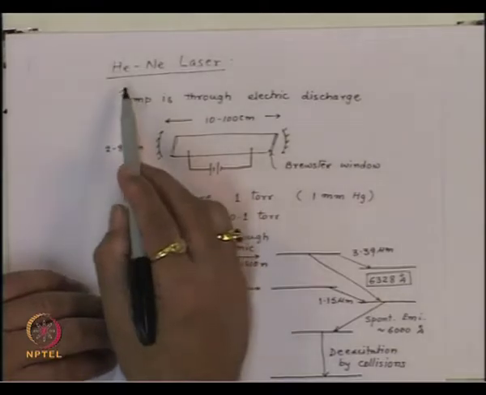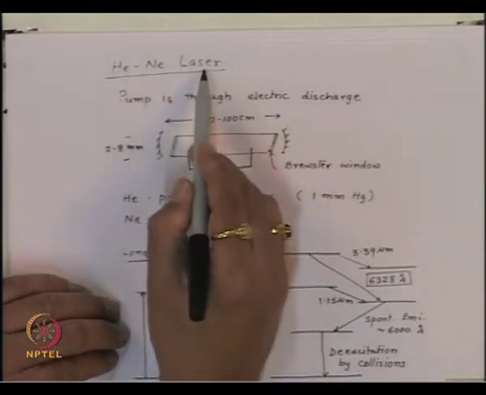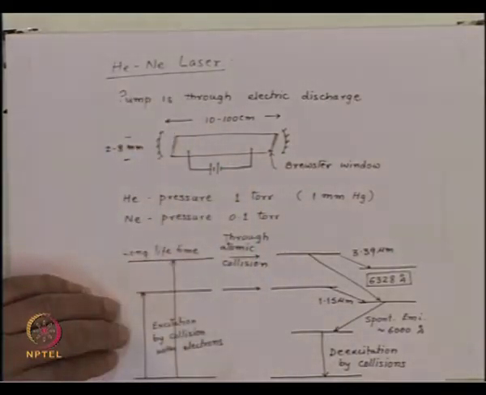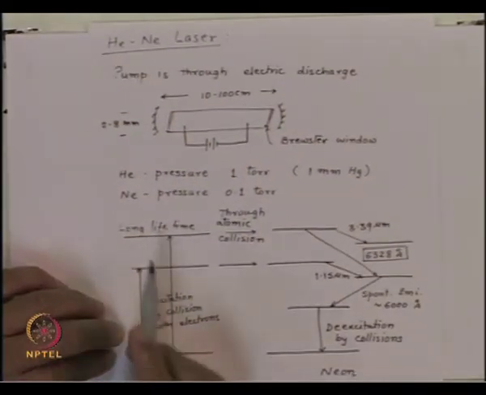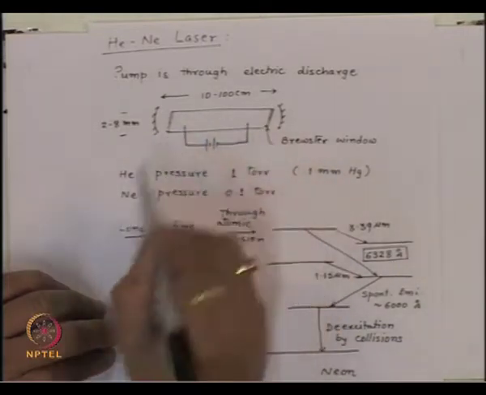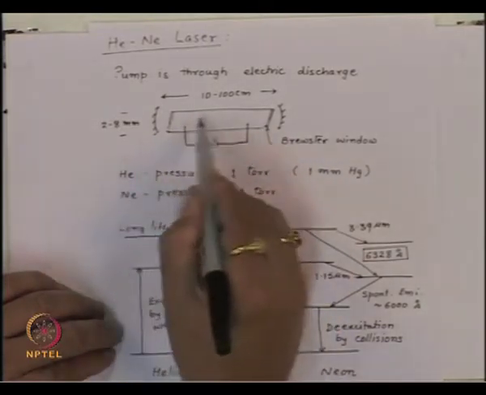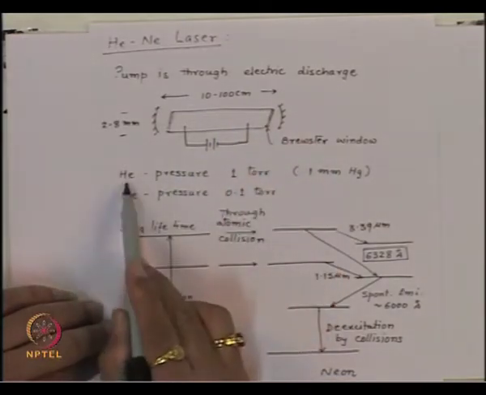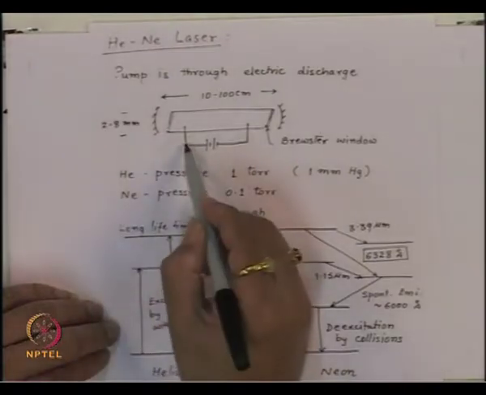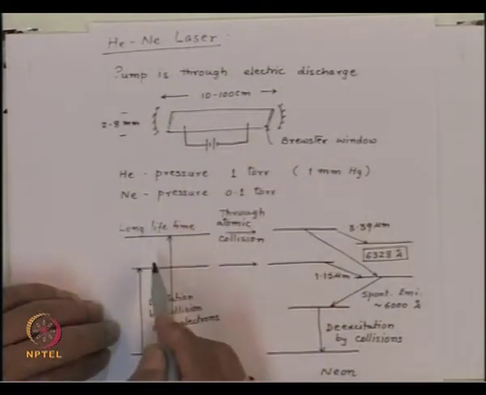So, as the name suggests, this laser is made from gases, which is a combination of helium and neon. The configuration is as follows. We have a small tube here which contains the mixture of helium and neon, and by passing a discharge through this tube,